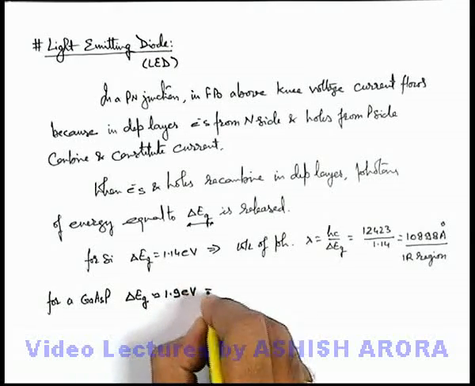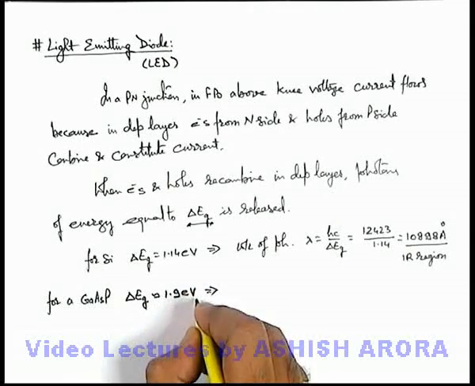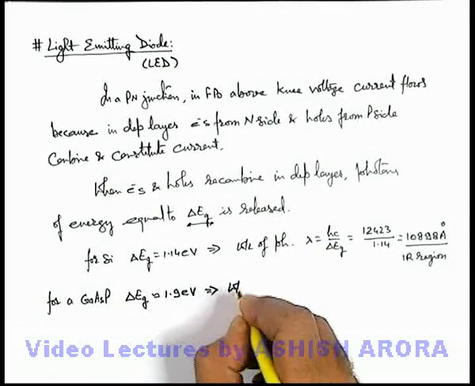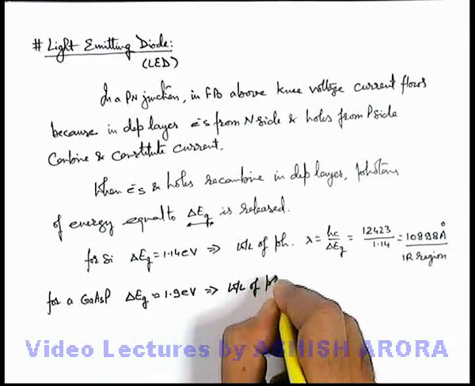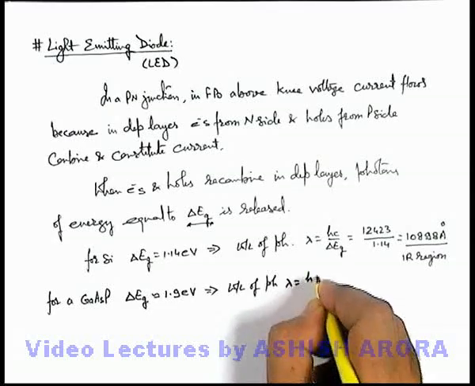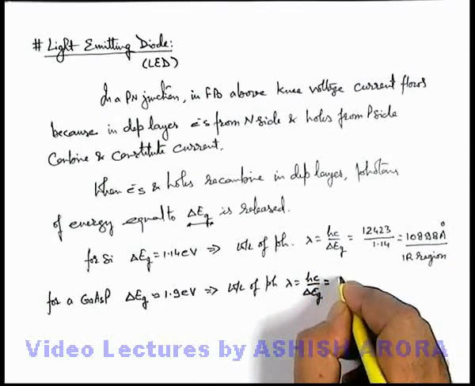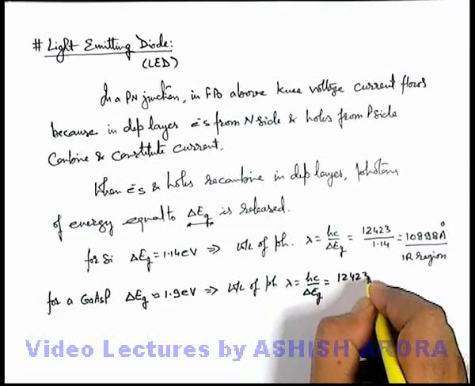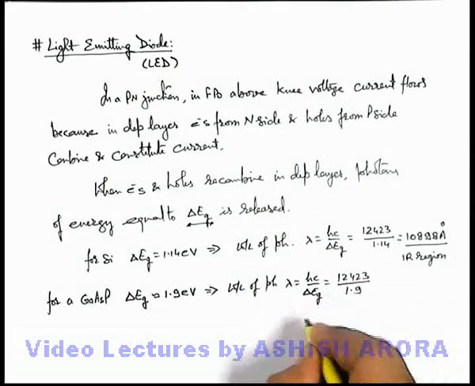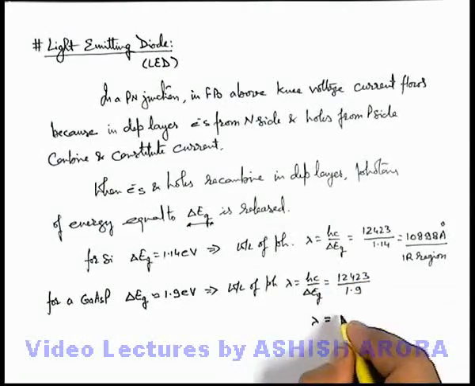And corresponding to this energy, when photons are emitted, the wavelength of the emitted photon is hc by delta Eg, and in this situation the value will be 12423 divided by 1.9. On calculation it gives approximately 6538 angstrom,